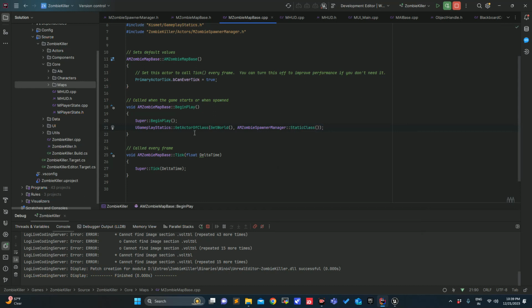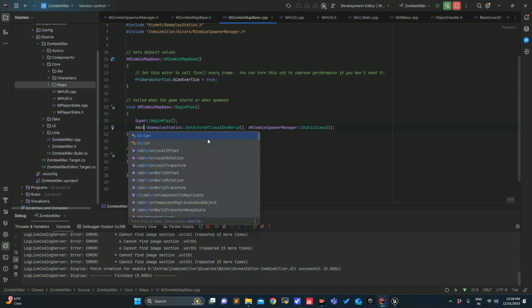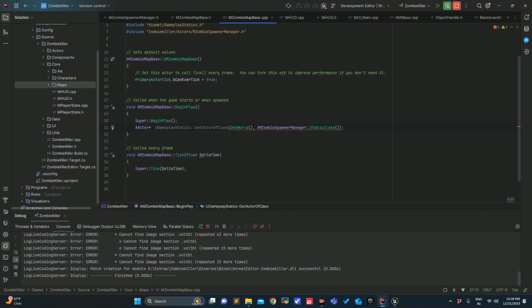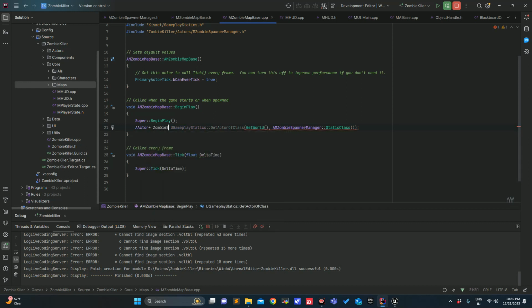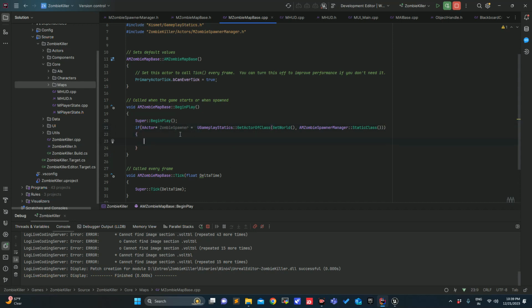If it does exist, then the actor is the zombie spawner, and if it is there, then it is good, everything is working fine. But if not,